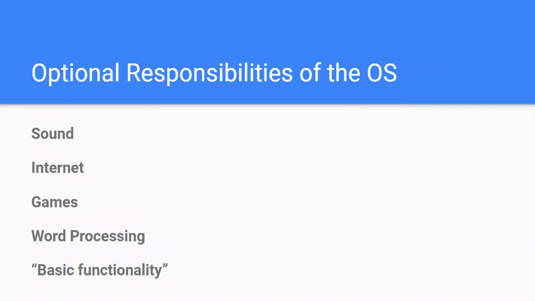If you bought a computer that had no programs, you'd have to go out and buy a program. Now you can just get on the internet and browse websites and get on your banking and social media with just what's built into the operating system. So these are some optional things. What I mean by optional is you can be an operating system and not do all these things. So for example,